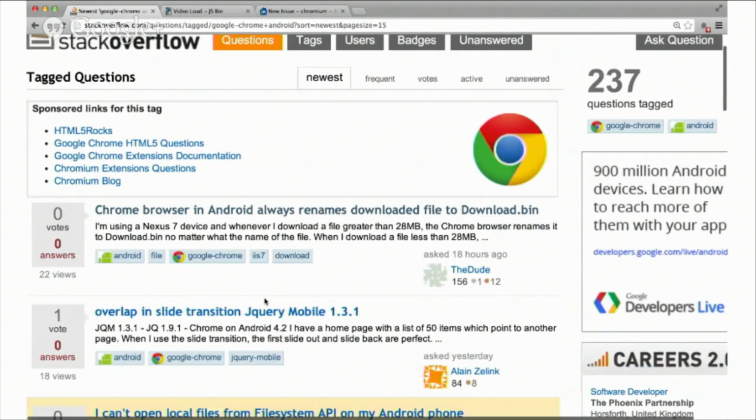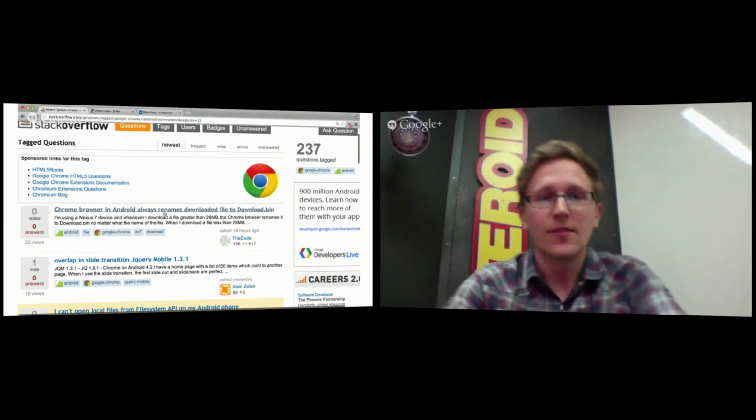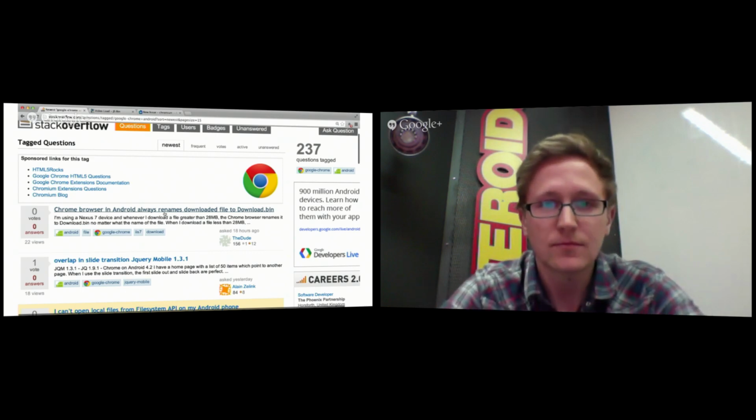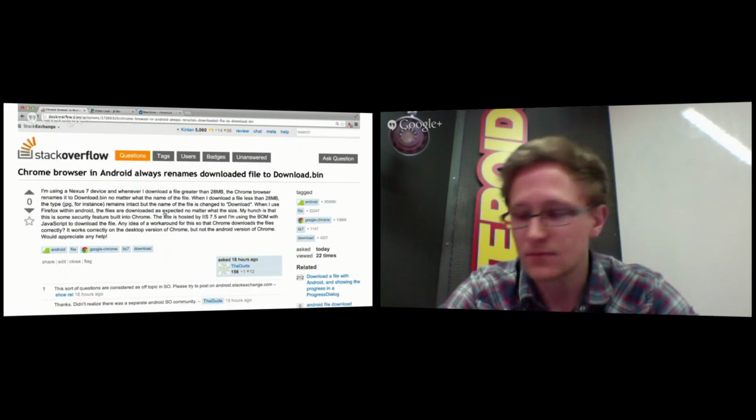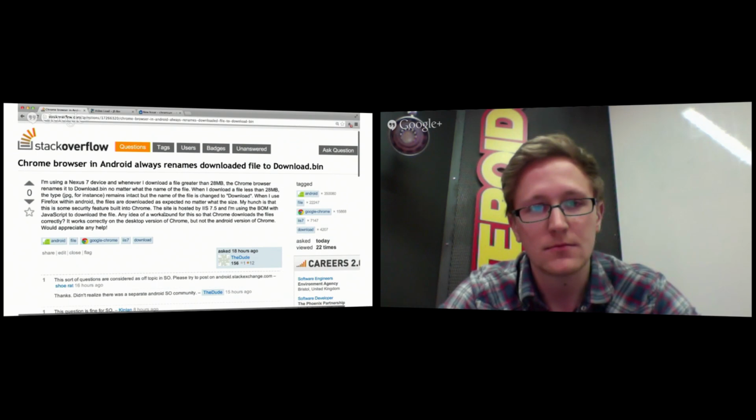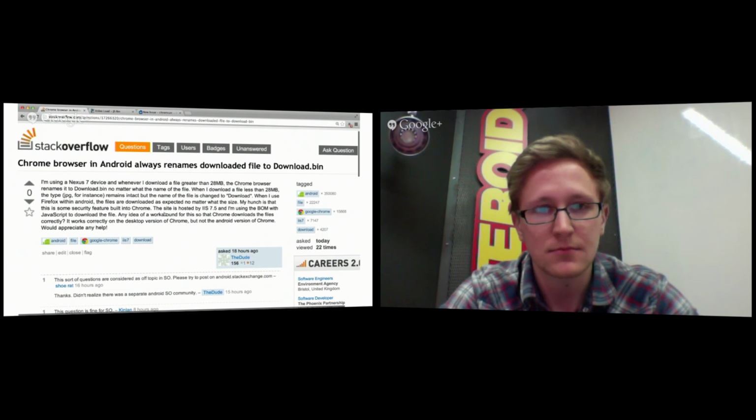So we'll start off. Should we start off with the first one, Matt? Yeah, let's just do it right from the top. Right from the top. So this one has actually been closed, I think. But basically the question is, Chrome browser in Android always renames the download file to download.bin. And basically what it's saying is that if the file is over 28 megabytes in size, then it won't respect